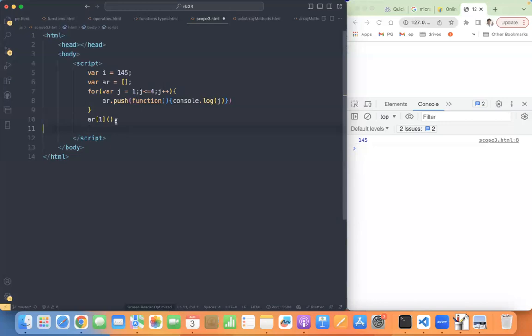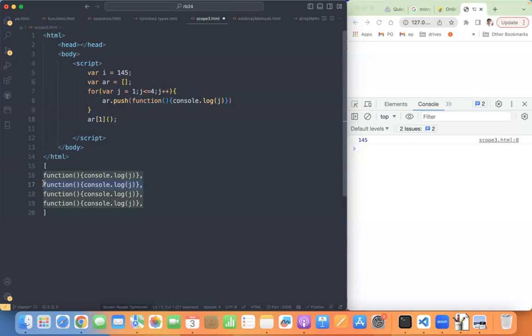When I call the ar[1](), that means we have an array of 4 functions. So this is what the array is. So when I call ar[1]() it will call this particular function.